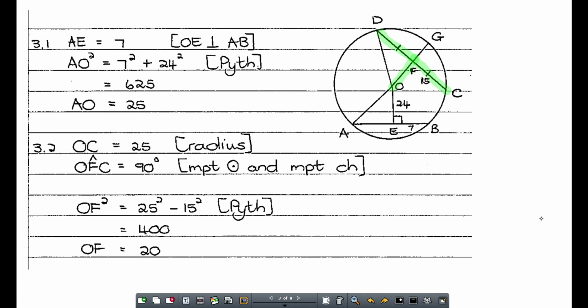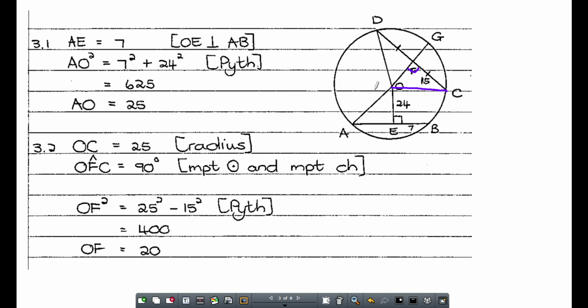Nee, hy gaan dan 90 grade wees. So ek gaan hom nou sommer daar gaan inskryf. Hy gaan wees 90 en dan obviously die kant staan ook mos nou die 90. Nee. Okay, your reason there would be midpoint of the circle and midpoint of the curve. A chord, where's my curve? Good. Now we have a 90 degrees angle, and if I work in that small triangle here, dan kan ek